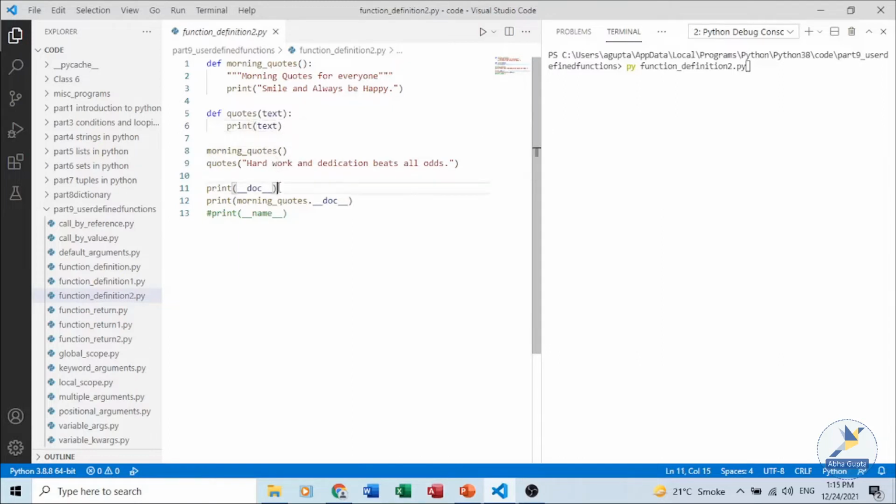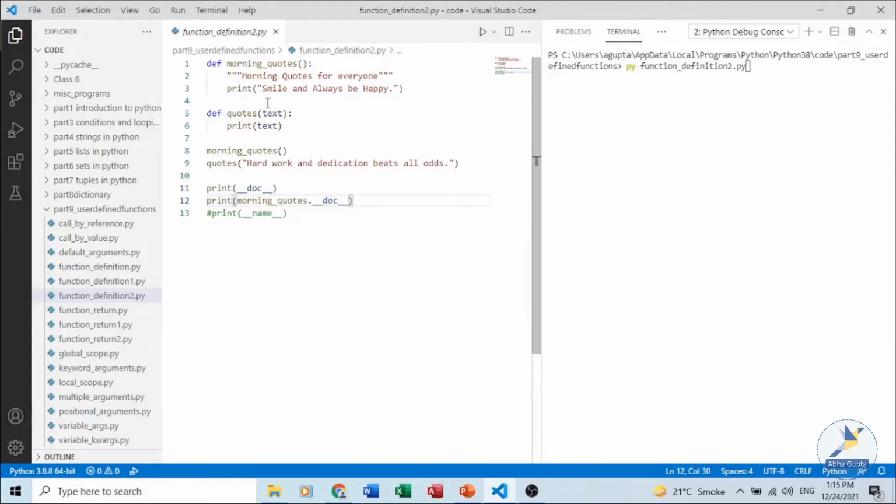First we are trying to print the value of the doc string. There is also a special variable, underscore underscore doc, which holds the doc string defined inside the function. If you have only one function in your program, you can simply write __doc__, and if it has a doc string, it will print that.